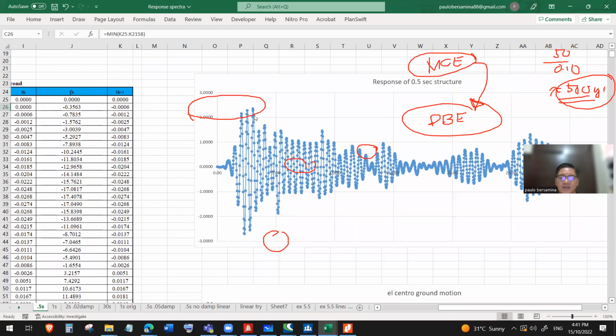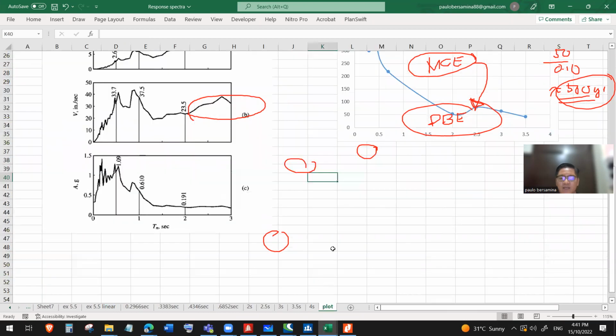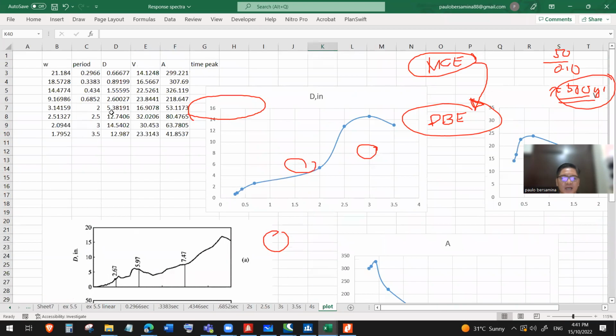Now from this deformation response spectrum, so ito yung plot nun. Yan, okay? So ito yung data. So ito yung nakuha nating deformation from each period that kinuha lang natin yung maximum deformation. Yun yung key dyan, no? Kukunin mo yung maximum deformation,